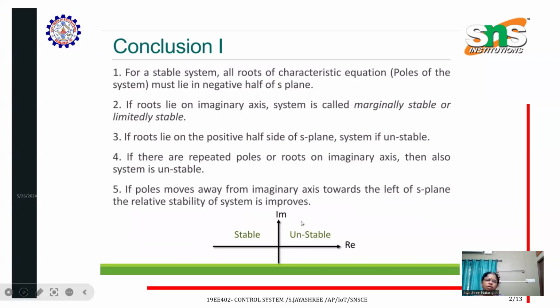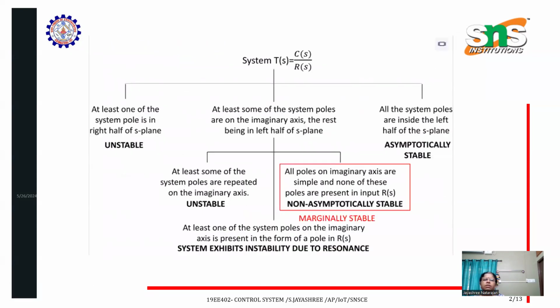Look into this picture: unstable system and stable system. Here is the overall view of an unstable and asymptotically stable system. If at least one of the system poles is in the right half of the S-plane, it is an unstable system. If all the system poles are inside the left half of the S-plane, it is asymptotically stable. If at least some of the system poles are repeated, it is unstable. If all the poles on the imaginary axis are simple and none of these poles are present in the input,